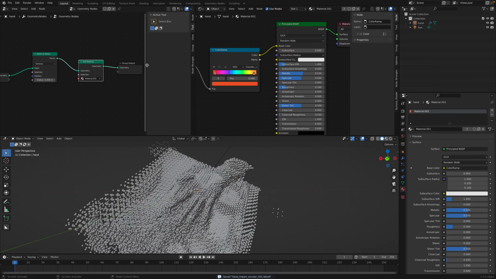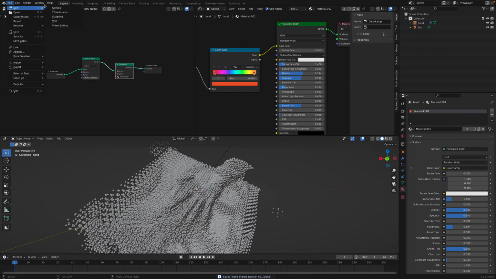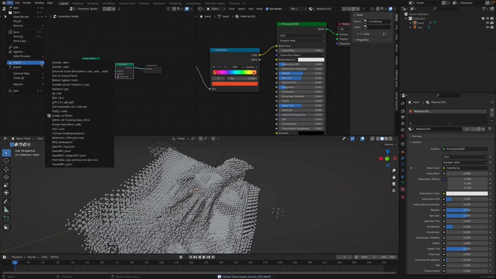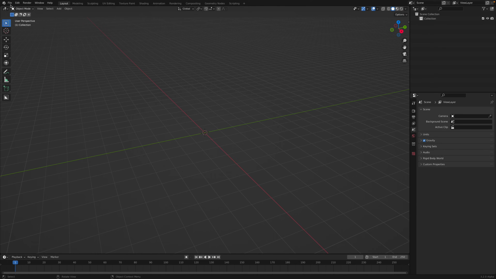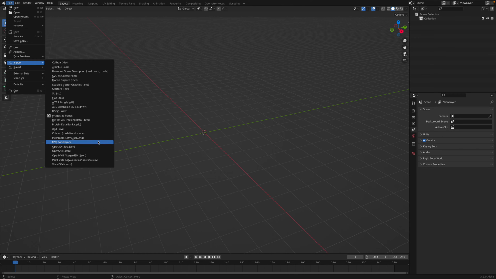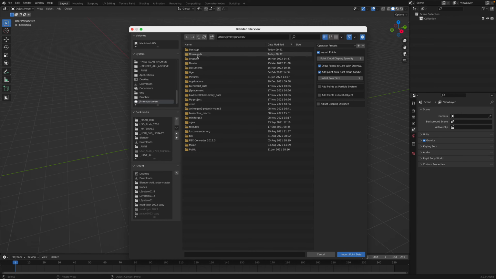But where's the color? Where's the color? I keep mentioning the color. So let's get back to our example, or actually let me try to import. File, import, where's the color? Point data, PLY, download,